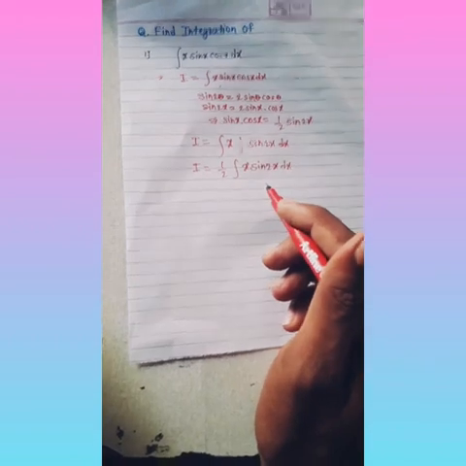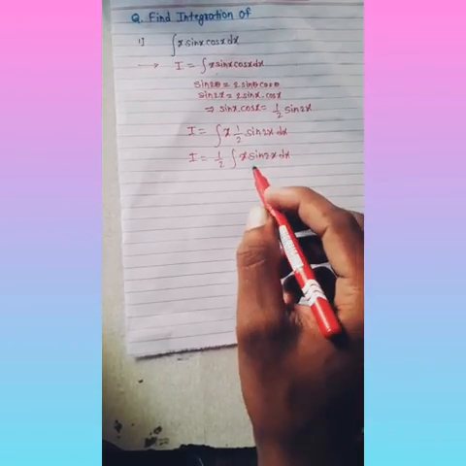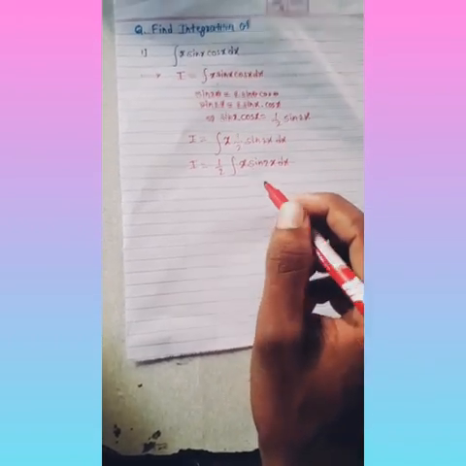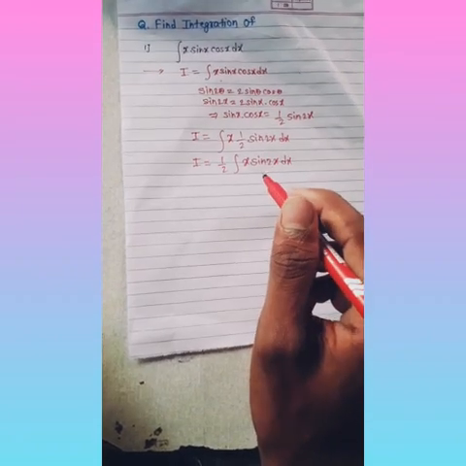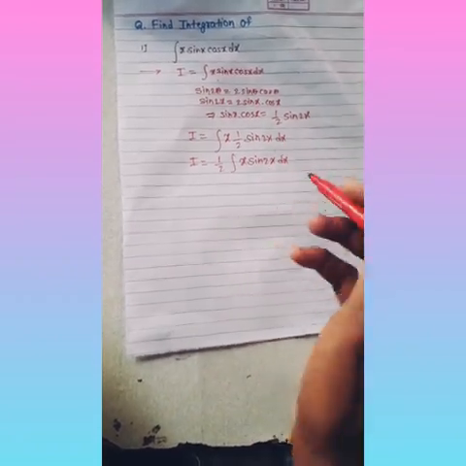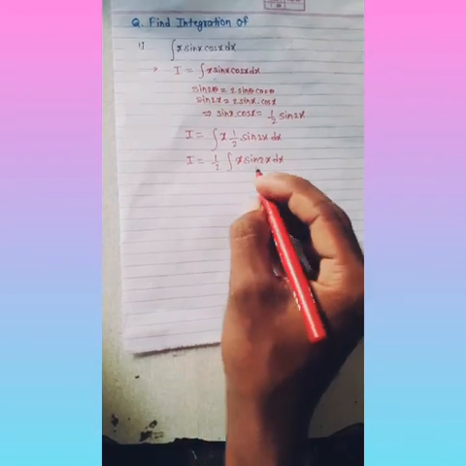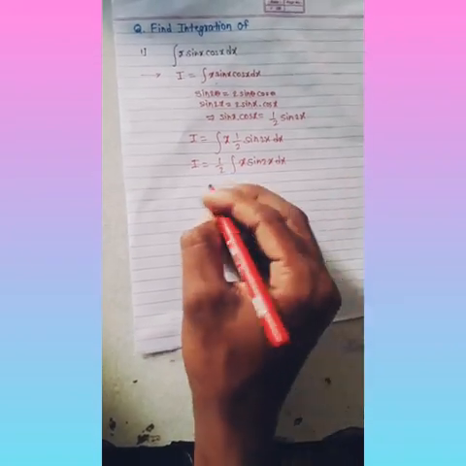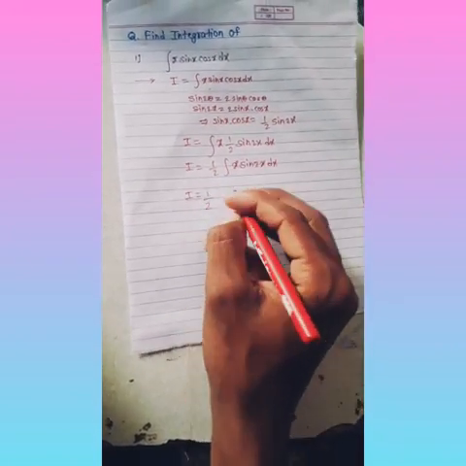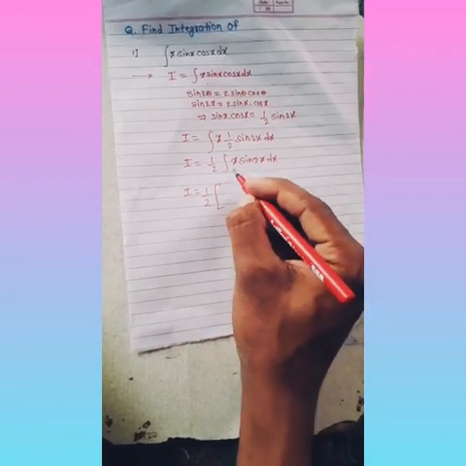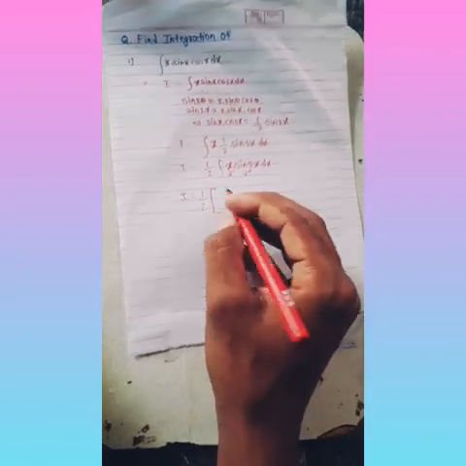For that, we can either use integration by parts, or if you know the generalized rule of integration, that is the Leibniz rule, then it seems very easy. So we will use the generalized rule of integration, the Leibniz rule. So I equals 1 by 2, which is a constant. This will be the first term, this will be the second, and the first term will be as it is.